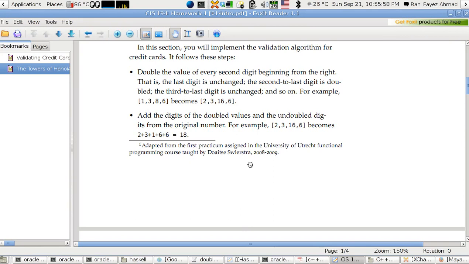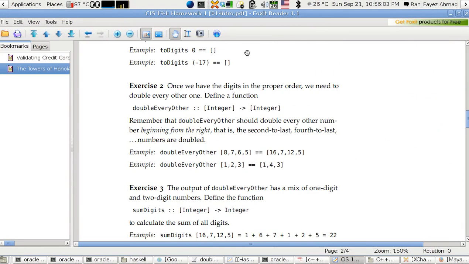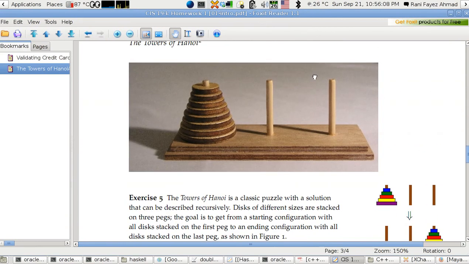We'll take the Towers of Hanoi after, within this homework, and this is the Towers of Hanoi, and